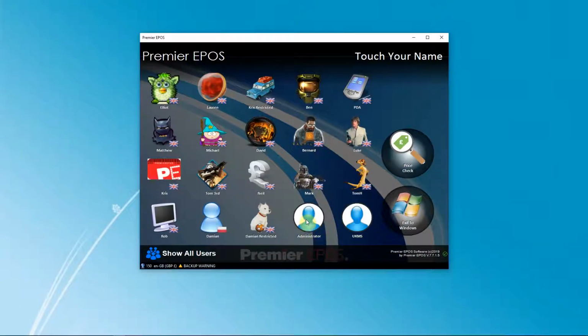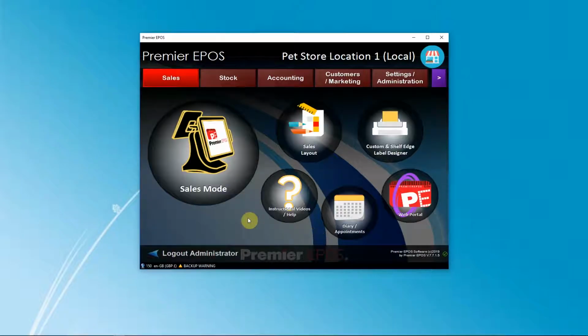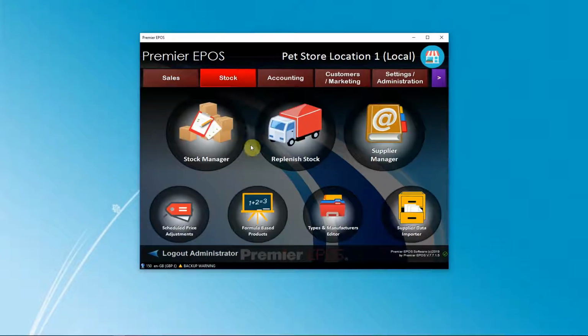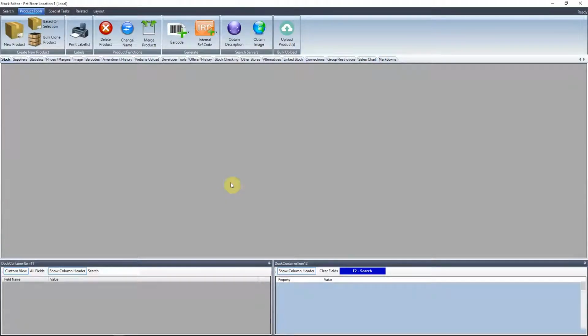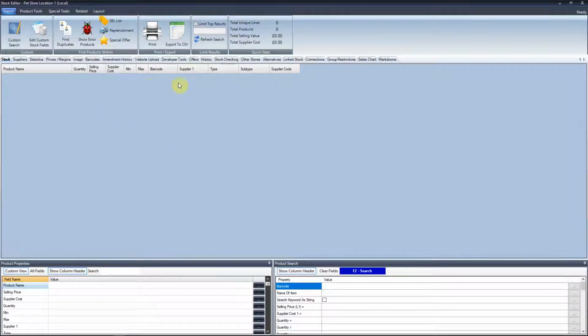Today I'm going to discuss with you the sales editor and how to change the layout to add new columns and different types of features to make it more customizable to what you find more important. So firstly, we'll log ourselves in, go over to stock, go to stock manager, and as you can see there are columns here, there's property products down here, and there are product search criteria down here. So to change all this around, we can go to layout,